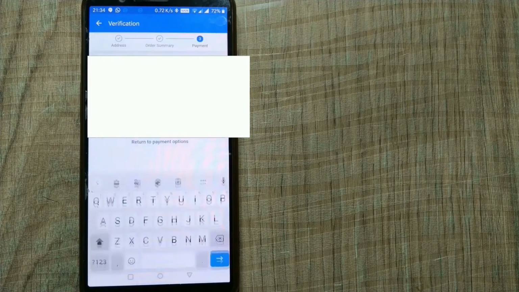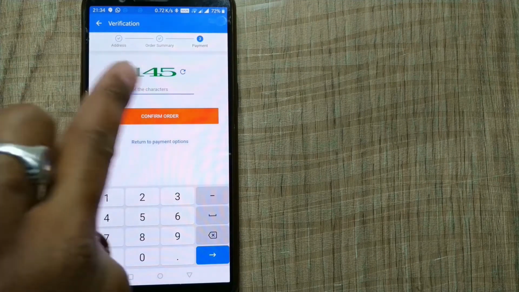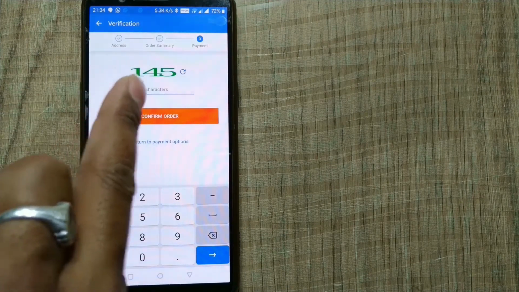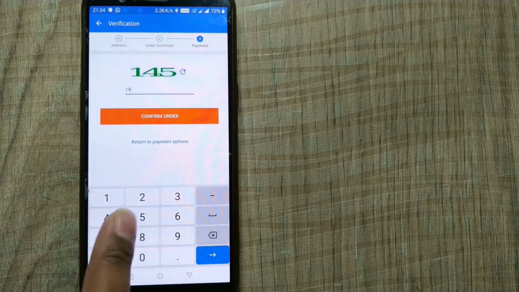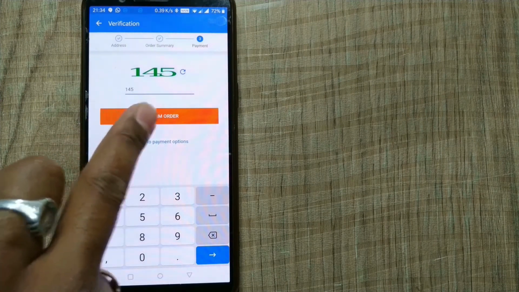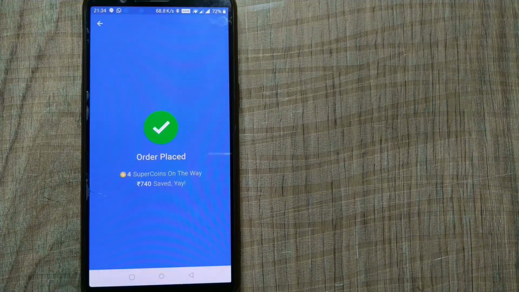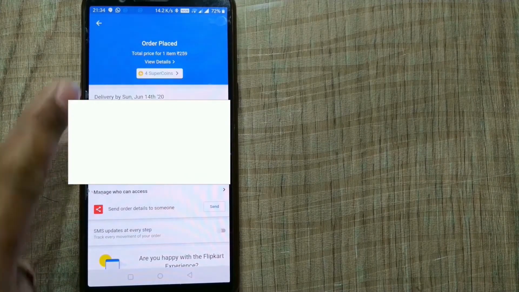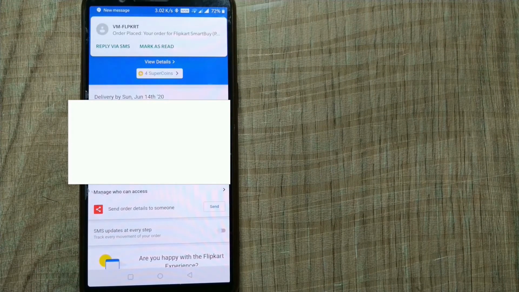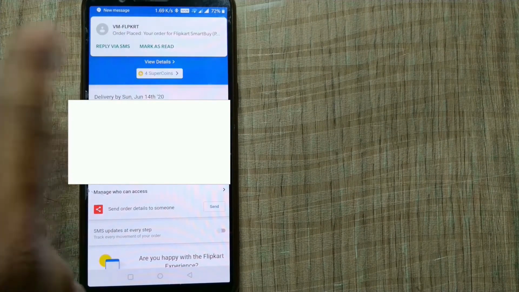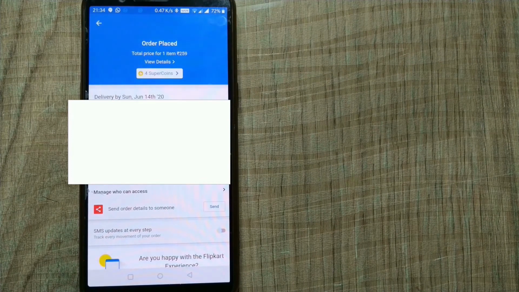I'll place order. So once I place order, nowadays it is showing some captcha-like things to verify that you are a human. I'll press this confirm order. So once I confirm order, you can see your order is placed. Once the order is placed, it will show the address where the order will be delivered, and this message will also come. So once you log into your account, you also have to give your phone number. Through that phone number, they will be communicating with you regarding the status of your orders and all these things.